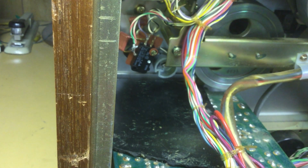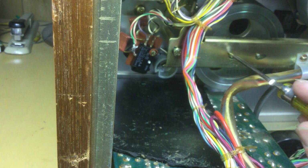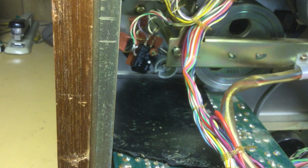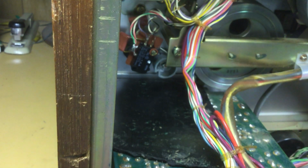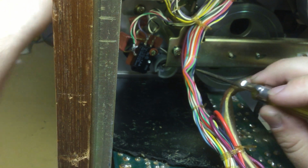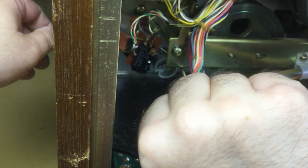Okay, then comes the next fun part, and you might actually have to remove this plate here in order to do this. I had to last time I did this. I've done it actually two different ways, twice. I've done it with the plate in place and without it in place. With it in place, you'll have to move the wiring harness out of the way,